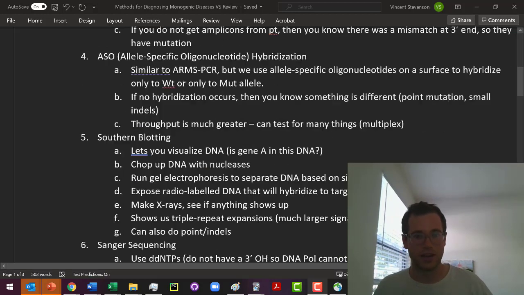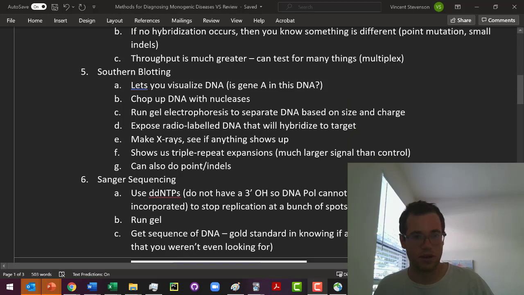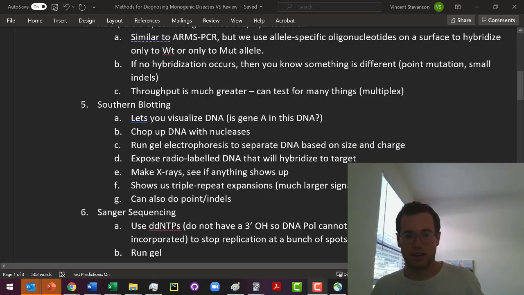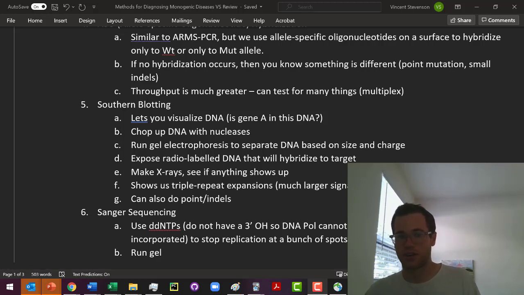The next one we're going to be looking at is a technique called Southern blotting. Southern blotting, again, is pretty specific. We already know what we're looking for before we even run this test. The goal here is to visualize the DNA. We're trying to see if a particular gene or a variant of a gene is present in that DNA. Just like with RFLP, those restriction fragment experiments, we're going to chop up that DNA with nucleases. We're going to run a gel. We're going to separate the DNA based on its size and charge, and then we'll use radio labels to hybridize